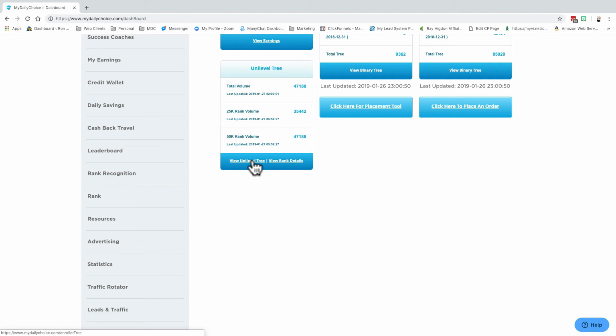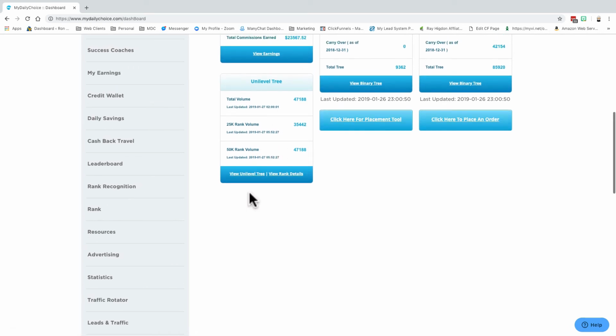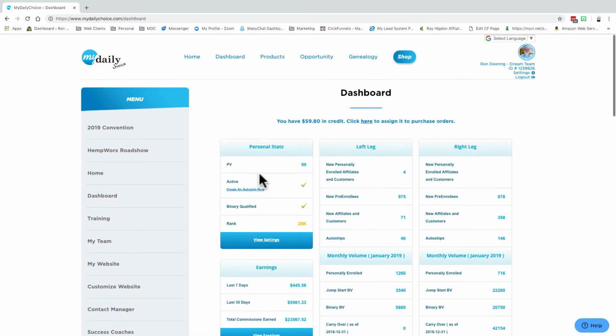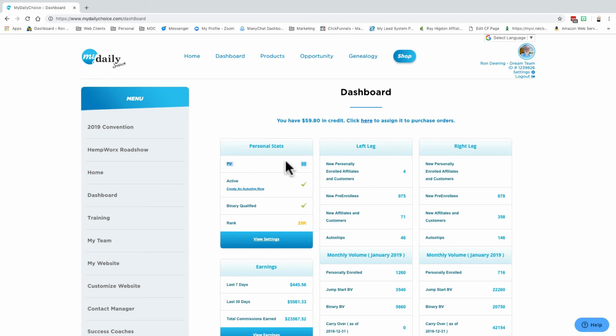So I hope this has helped. I didn't want to go quite this long, but I hope this has helped explain the difference between unilevel and binary and how important it is for you to continue to recruit, but really continue to build on that team. Get 10 or 15, 20 people and then help them build deep, so that you can get that volume coming up. And the other thing is always make sure that you've got at least 90 volume in here, because if you don't, you won't be qualified as anything over a builder. Okay, so I hope this helps.